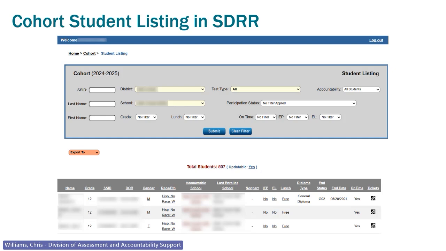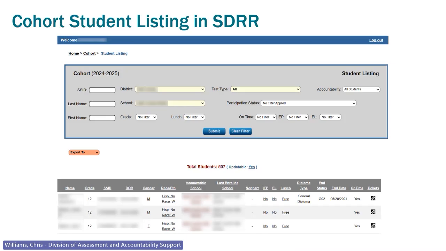And now let's look at this on-time status, because yes is going to be great for you. But like we said, if you leave the drop-down value set to no, you can pull all your students, whether they are yes, no, or NA. But if you want to filter, because you've gone to your spreadsheets and you're like, what is going on? Why does this student... you always want to filter on your spreadsheets too, to those no students, because those no students are going to count against you. And so let's talk about what the yes, no, and NA means.